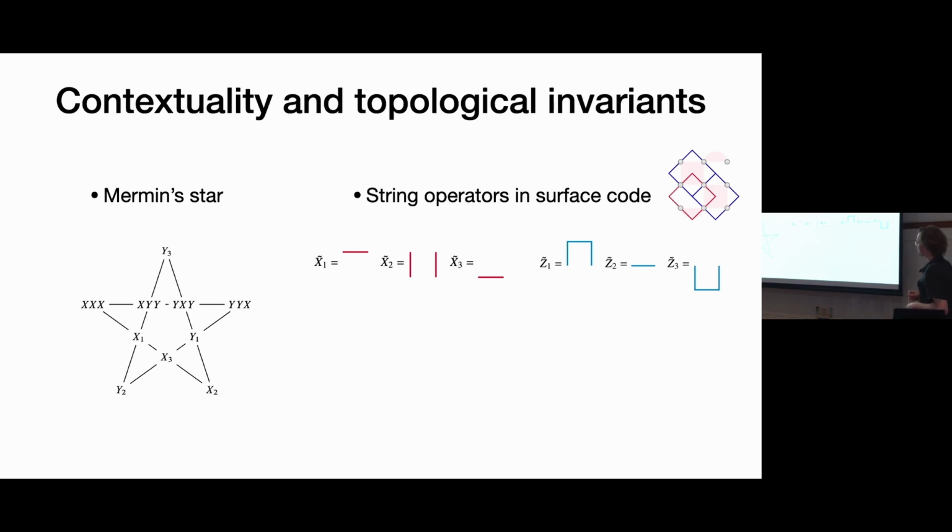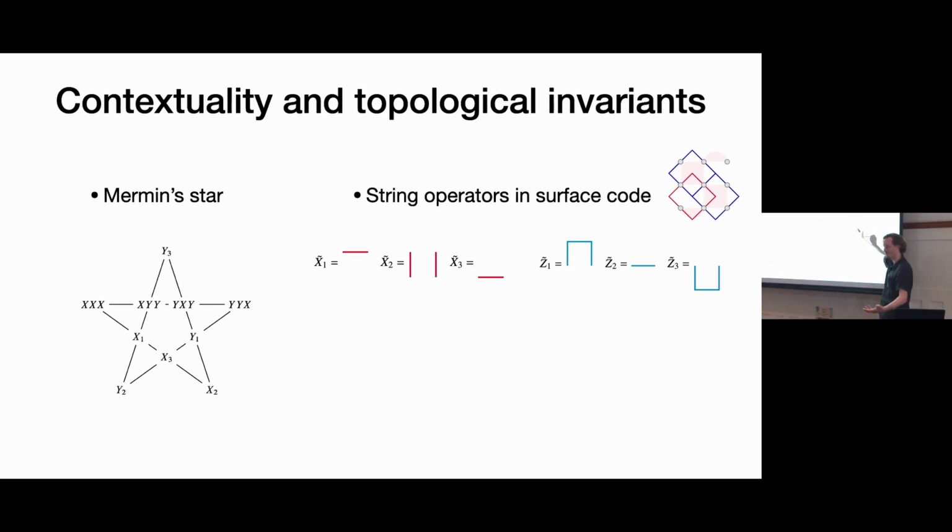And then we map the X and Z operators in this star over to these partial string operators. So on this X plaquette, you have the top and bottom of the plaquette and then the 2 sides. On the Z, there's 2 plaquettes going on, and so you have the top cup, the bottom cup, and then this line connecting them. And so with the X measurements, you have to multiply all 3 to get a stabilizer. With the Z ones, each pair gives a stabilizer.